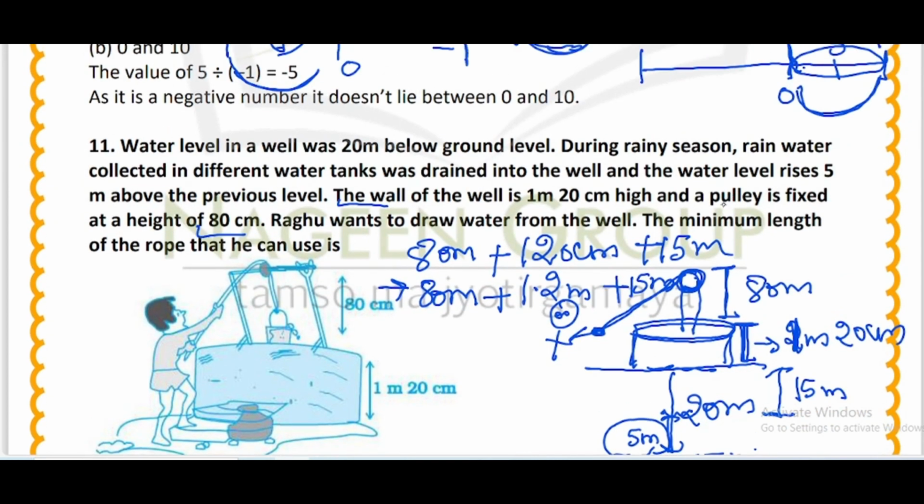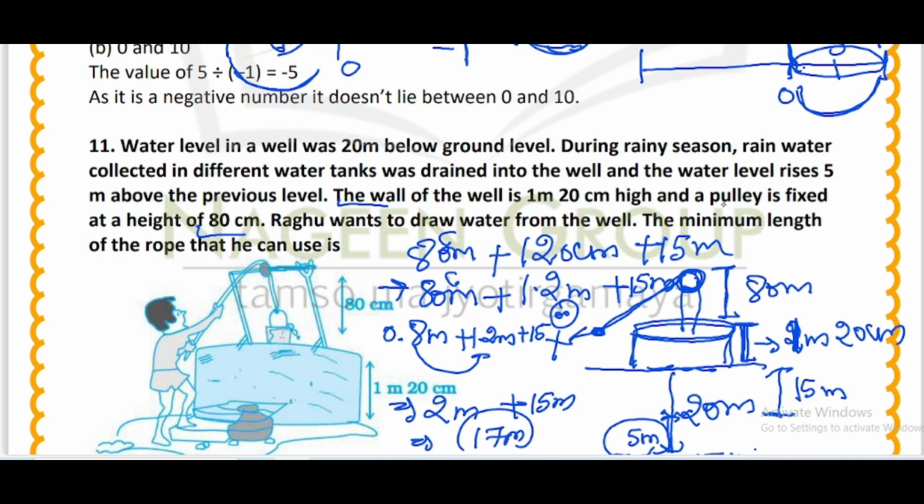Centimeter. This is 80 centimeter. Then we change it in meter, that is 0.8 meter. Add with 1.2 meter and 15 meter. Then we add 0.8 meter with 1.2 meter, that is 2 meter, plus 15 meter. Then the length of the rope is 2 meter plus 15 meter, that is 17 meter. And the right answer is